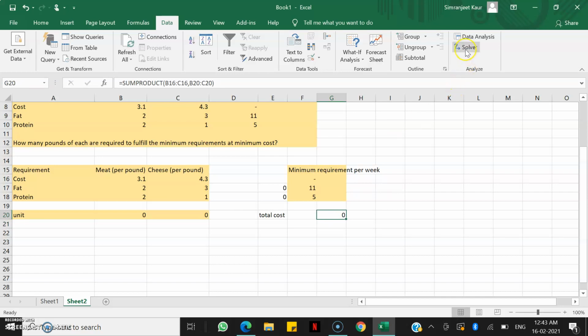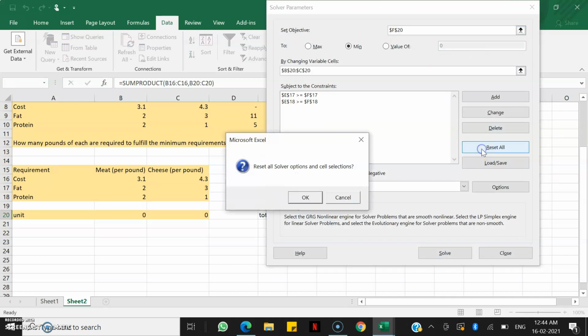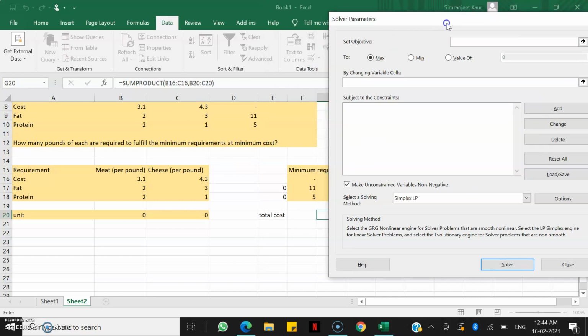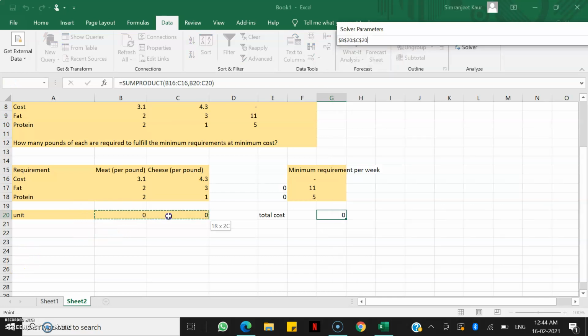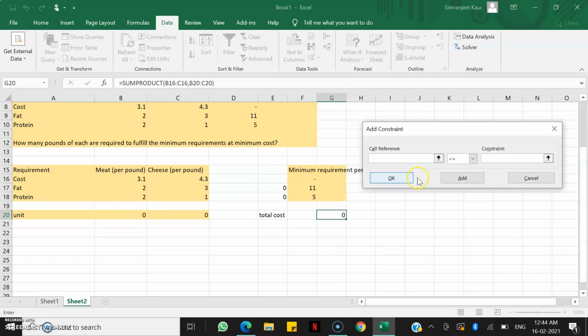So now I'll go to my solver tab. Let's reset everything. In the set objective field, I have to specify this cell, so it will automatically select G20. Now I have to select minimize by changing variable cells. In this we will select the unit cells. Now we have to formulate the constraints. So I'll press add.